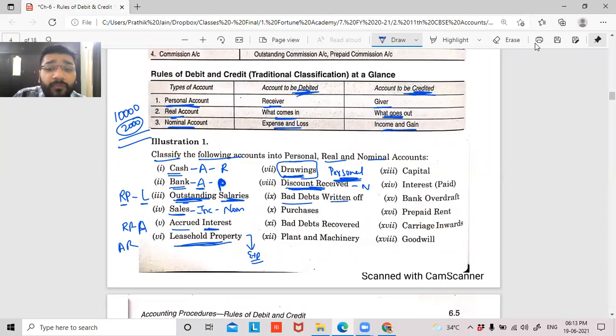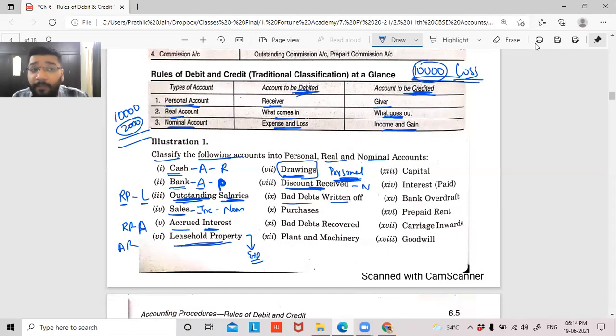Bad debt written off. What is the meaning of bad debt, guys? I'll explain. Now, you have sold goods to your customer on a credit basis. Let's suppose you've sold goods to Ram for 10,000 rupees. So Ram is supposed to make you the payment, right? So you're supposed to receive money from Ram. Now Ram says, no, I'm not going to pay you the money. Get lost. Can I say this 10,000 is a loss for you?